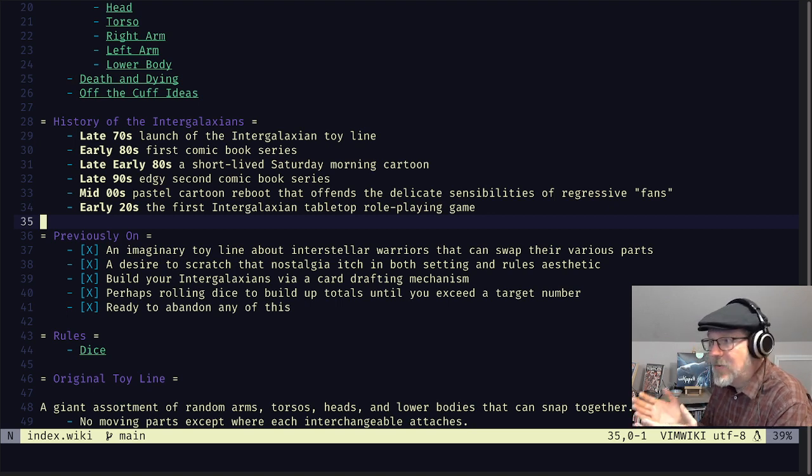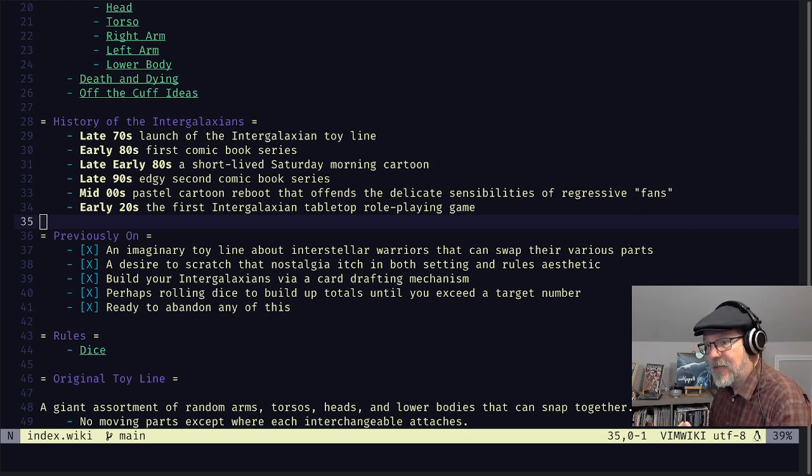The idea was that kids would buy them either as completed figures, like in sets of 3 that had names. These were like the iconic figures, or in cheaply molded space torpedoes, rocket ships, just filled with parts, and you would not know what you're getting. You would open them up and you would be able to swap with friends and whatnot. And then the comic book came along and added story to this.